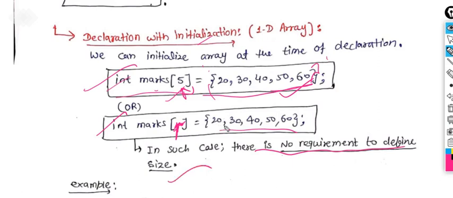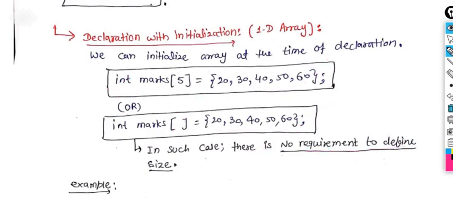So in such a case there is no requirement to define the size. If you have not yet decided how many elements are going to be inserted in that particular variable, then you can keep it empty. If you write any size value here, then you will be restricted. You cannot update it during the execution of the program. With a large number of elements, like 1000 or 10,000, it may become complicated. For simpler values you can do anything, right? Of course it has its application with large numbers of values.